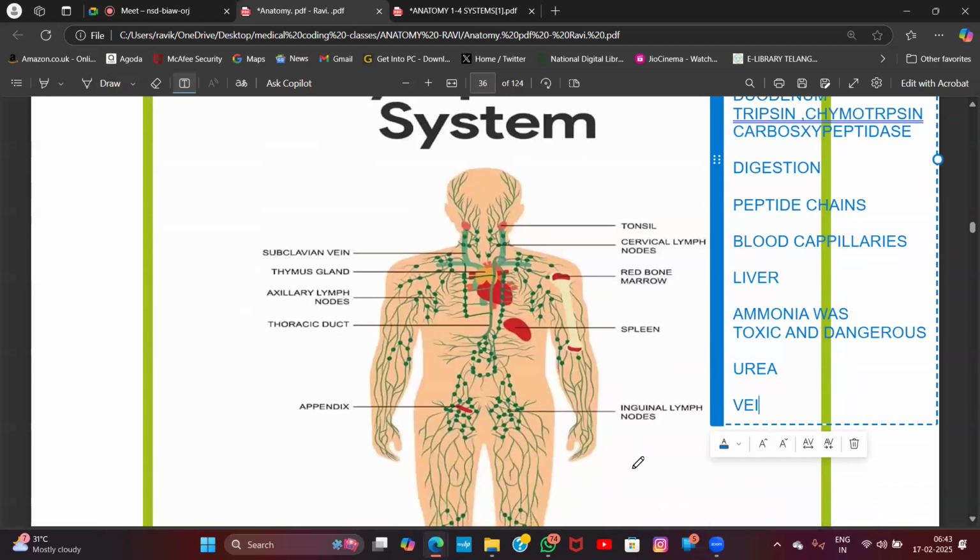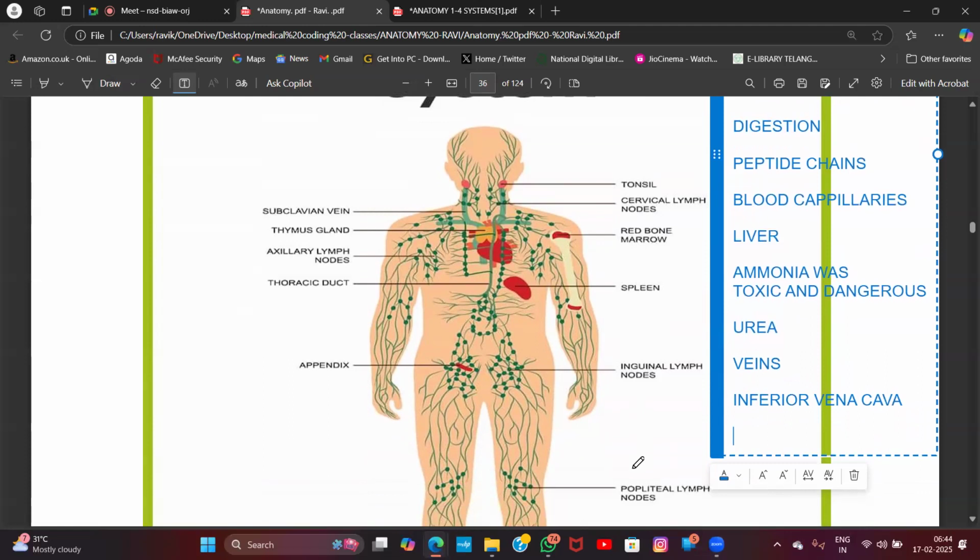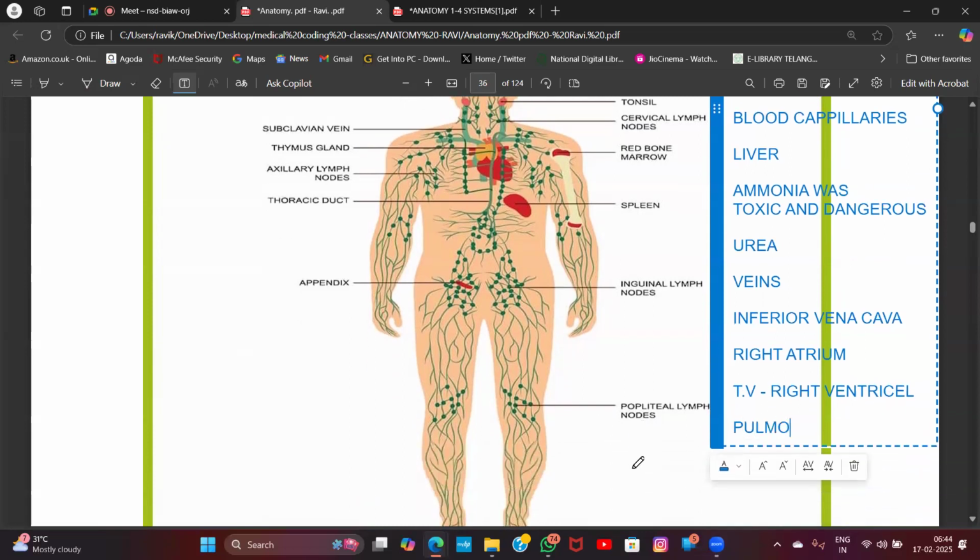Again, urea travels through the veins and comes to the inferior vena cava, because the liver is present below the heart. Inferior vena cava to which atrium? Right atrium, then through the tricuspid valve to the right ventricle. From the right ventricle, through the pulmonary valve, it goes to the